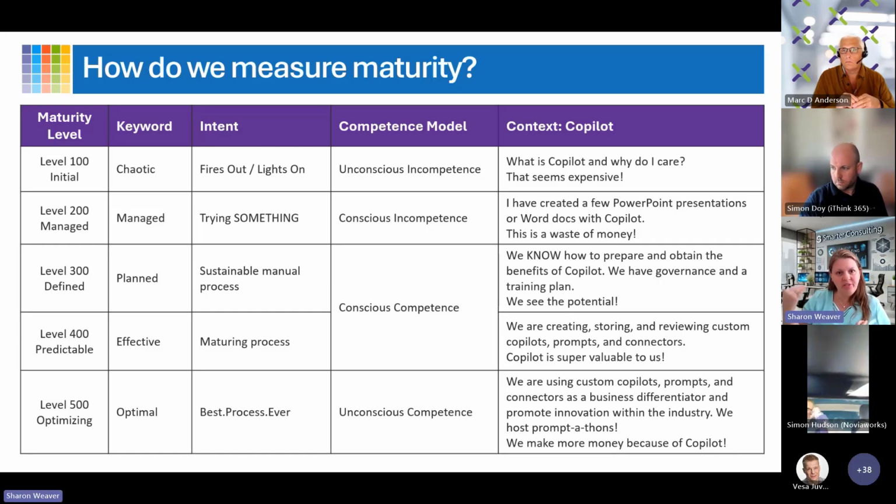See how the shift is starting to happen. Not only do I see potential, but I can already quantify at an ROI level. If I put money into this, I know what I'm going to get back out, and I know how I'm going to measure it. I know what I'm going to look at for it. I have a plan and I feel confident about this. I know that it's worth the money.